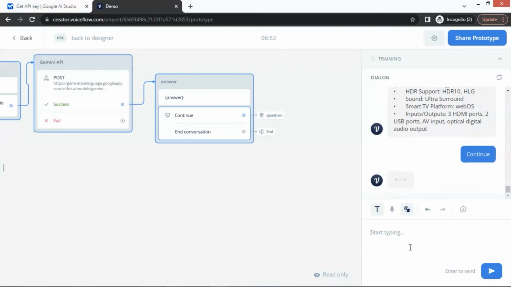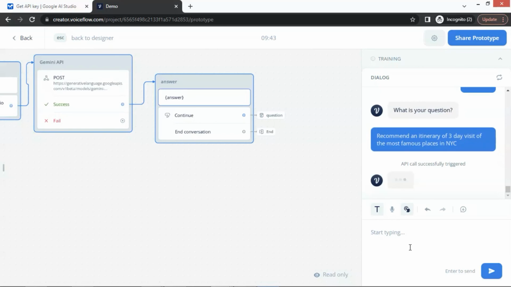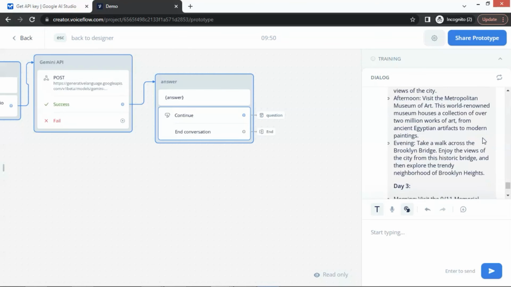In the next question, as I will visit New York City, I will ask Gemini to give me a travel plan by asking Gemini to recommend an itinerary of a 3-day visit of the most famous places in New York City. Gemini replies with a 3-day visit. Each day has morning, afternoon, and evening visits. In the morning of the first day,